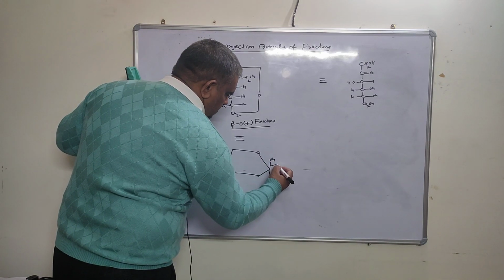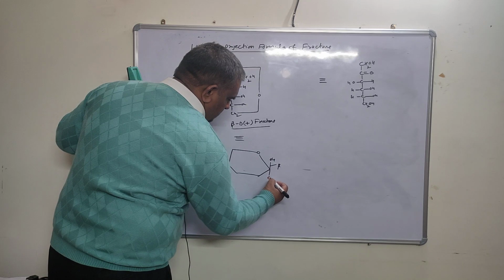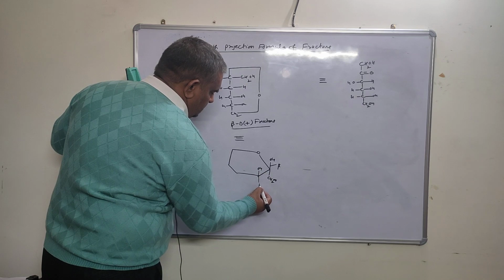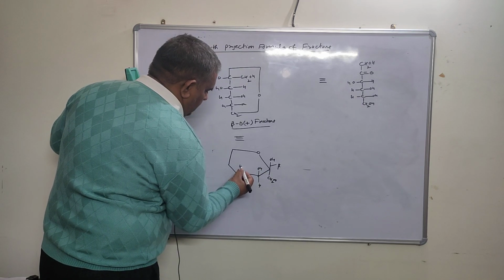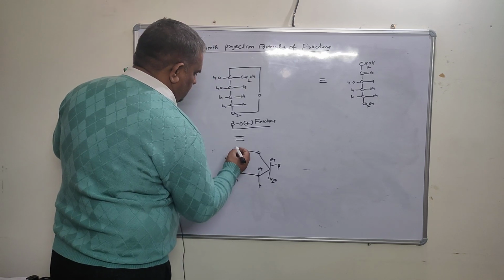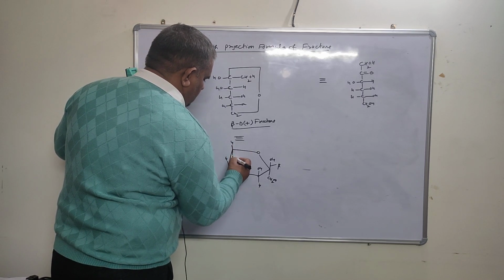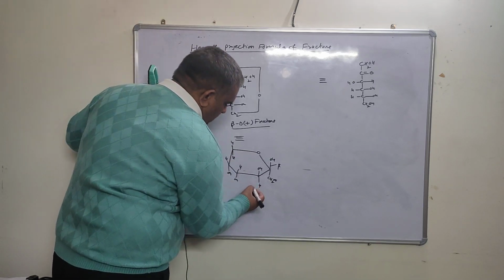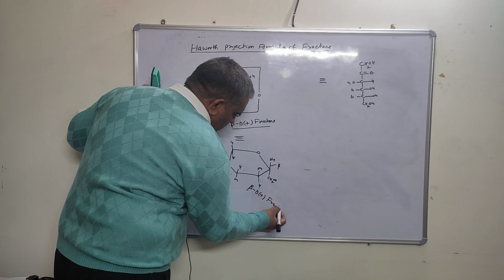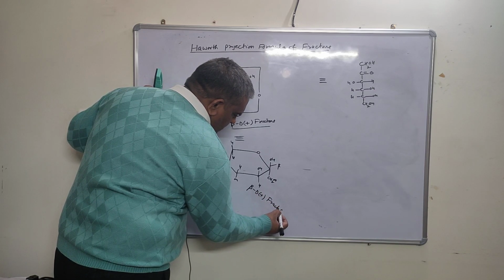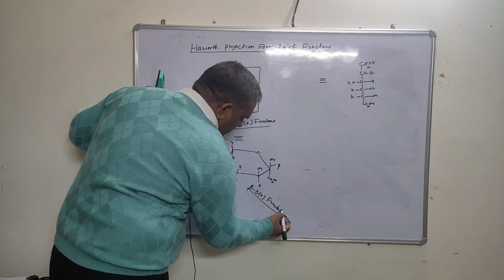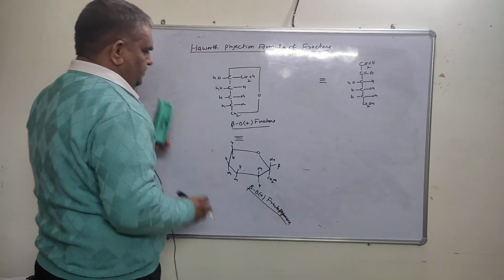OH, this is beta, CH2OH, कार्बन 3 पे OH ऊपर है, H, कार्बन 4 पे H ऊपर है, OH, H, OH, and this H and H. This is beta D fructopyranose।